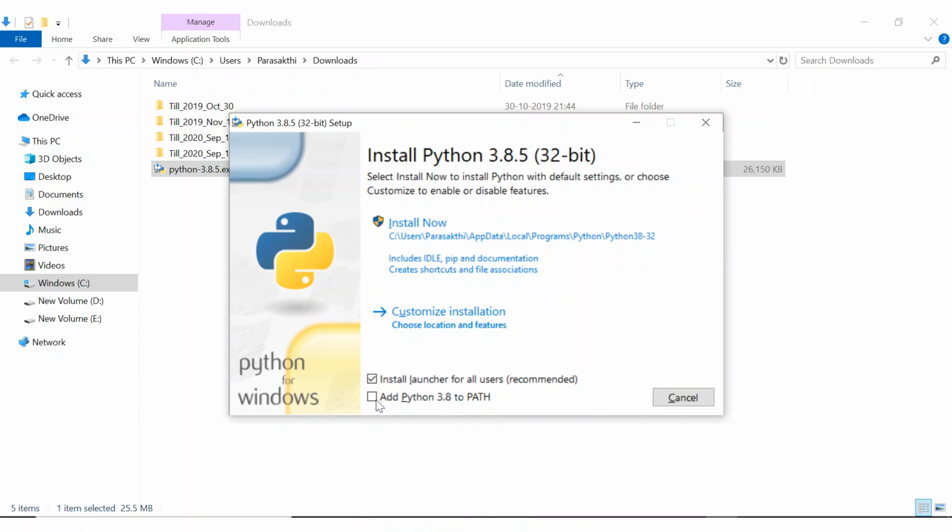You should also click the option to add Python 3.8 to your path. It will add the installer path of the latest version, 3.8.5, to your Windows environment variable, so that when you open a command prompt and type Python, the latest version of Python comes up. If you do not choose this option, you need to manually take the Python installation path and set it in the environment variable. That will be extra steps for you, so I request you to click on this option to avoid that step.